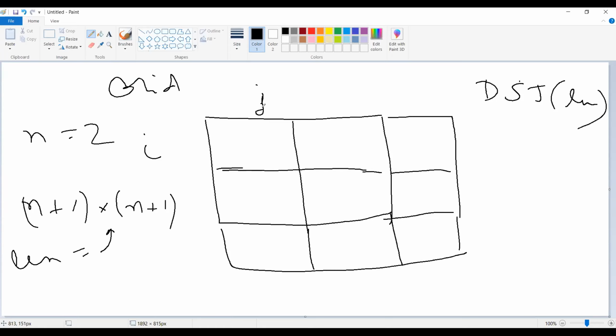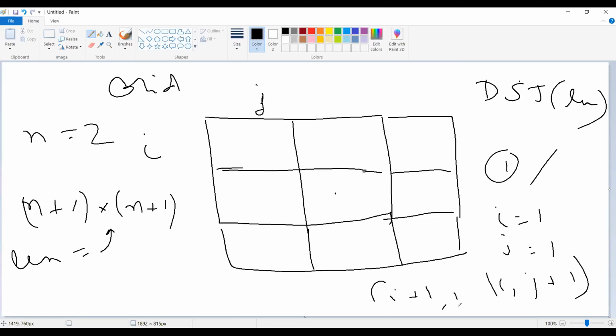And whenever I see a slash, the first case is if I see a slash like this and my i value is 1 and j value is 1, so I'm here. In that case, I need to look at i and j plus 1, that is one coordinate, and the second will be i plus 1 and j.